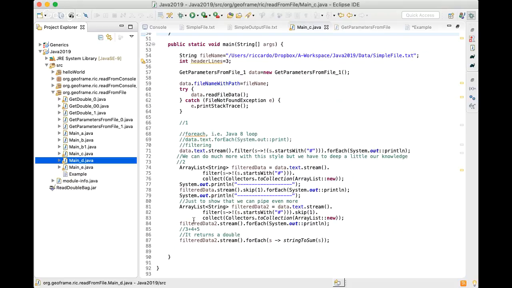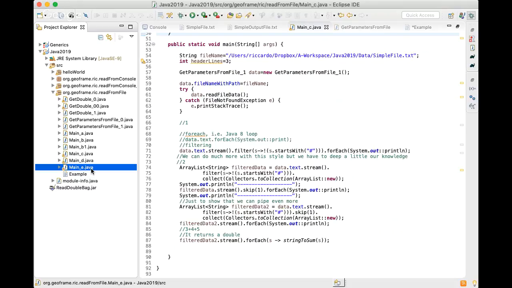And in main E, finally, I separate all the operations in the main into sub methods to abstract some of the operations. As you see, they use the lambdas and the streams that Java 8